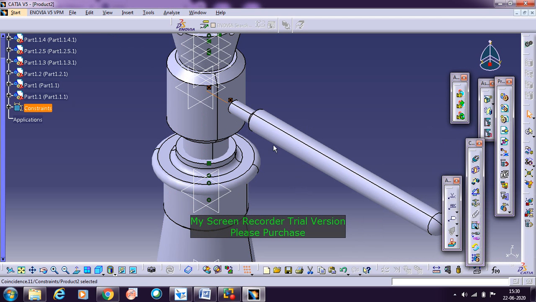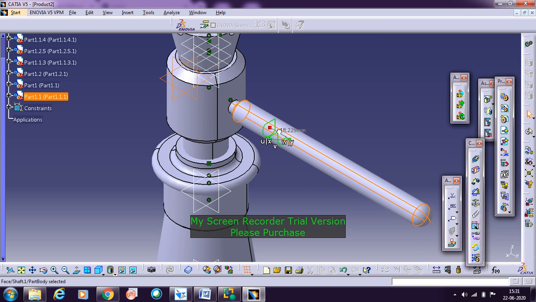Now this portion, up to this length, has to go inside. There is no constraint that it has to fully enter, but slip may happen if it is outside this smaller diameter. So in order to have the proper grip you need to place it inside. Click on the part which you want to move, select this, and then with respect to the compass you can move it inside.